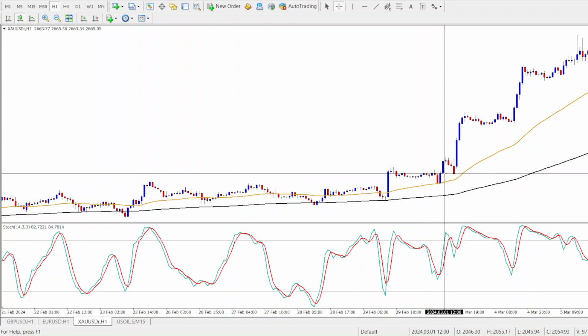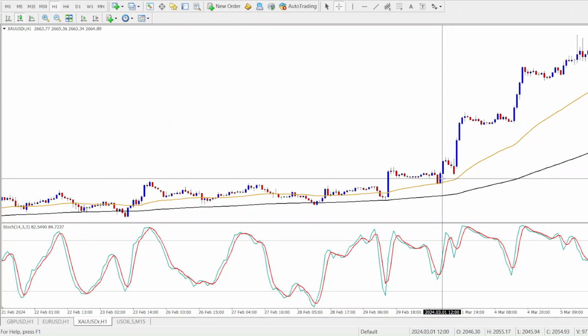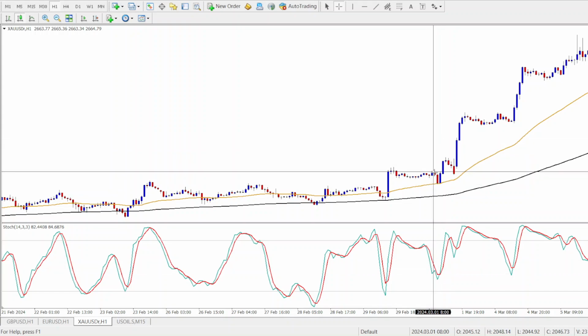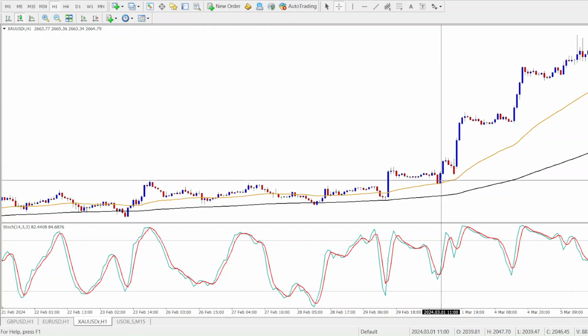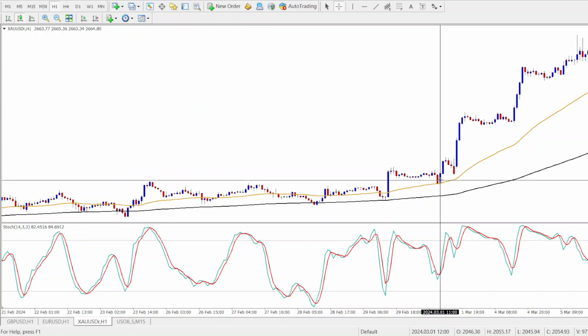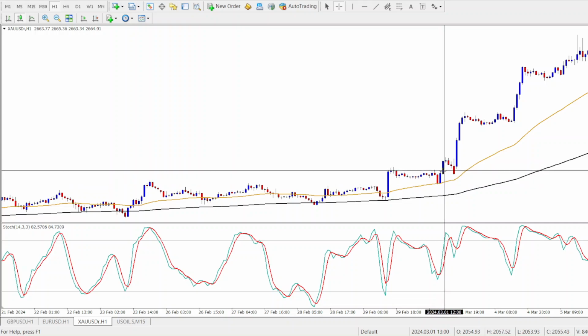So this would have been a good opportunity to enter a buy trade, okay? Because the moving average has confirmed it, the stochastics has confirmed it. So you can enter the trade once the price confirms a bullish candlestick pattern. That's the final confirmation. So we can see that we had a bullish candlestick pattern around here. So we would have entered a buy right after this bullish candlestick pattern, and then we would have set our